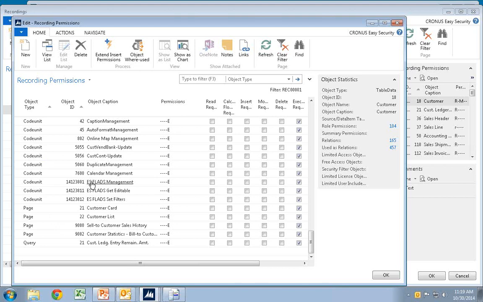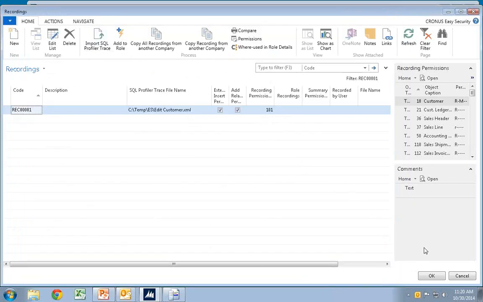With the object level security and EC Security, we can go in and say we have a list of objects we don't want people to use. And then EC Security builds a role that has the opposite. So we can take away the chart of accounts, the general ledger entries, the posted customer ledger entries, and so on, or the page that would actually be showing the human resource employee card, and so on. All these things we can take away, and if we record that the user needed it, then they will get the permission for it in here.